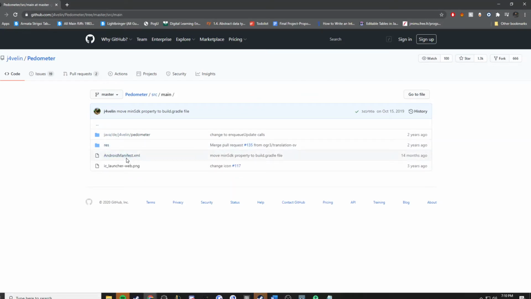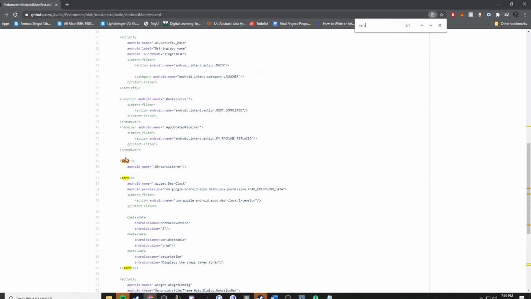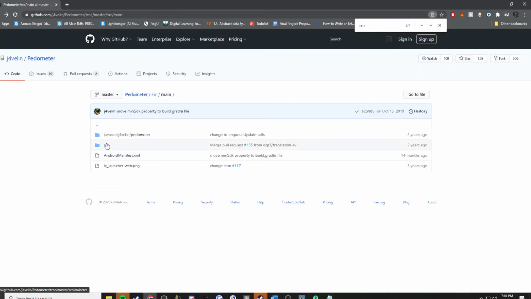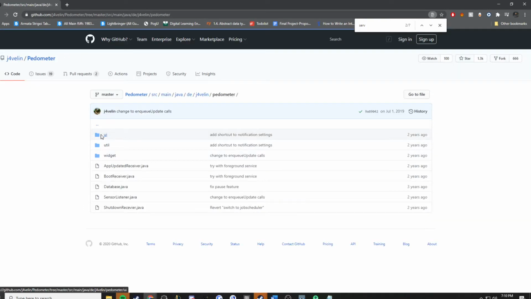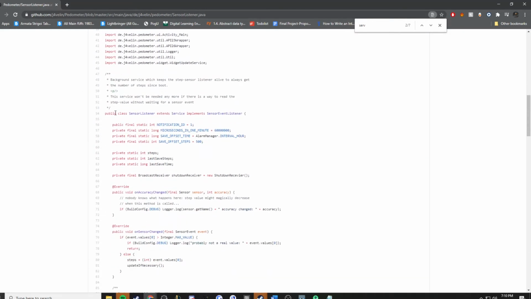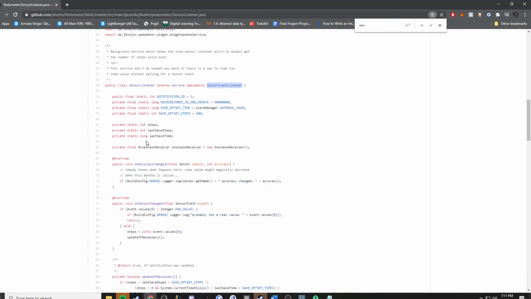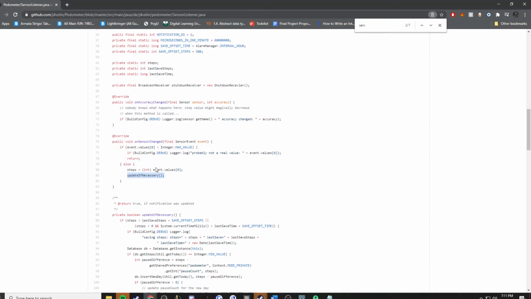we first want to take a look at the manifest and go to services. And we can see here that we call something called a sensor listener. So let's take a look at the sensor listener, because that is really the meat and bones of this project. In here we have a class that implements the sensor event listener, and when the sensor changes, when a new value is detected, we will run this update if necessary function